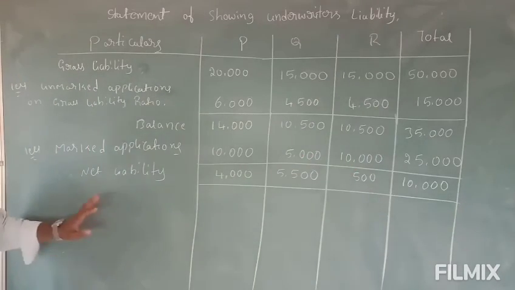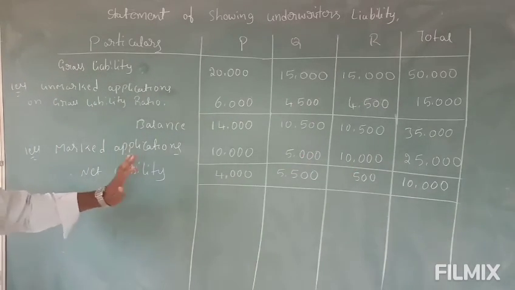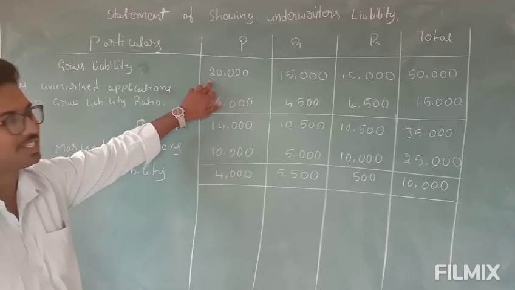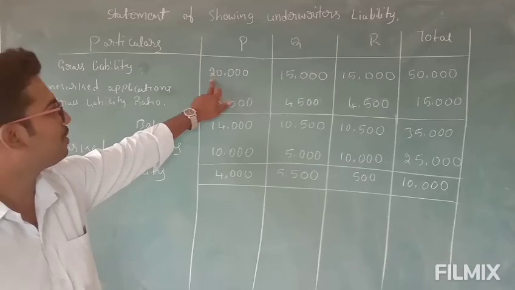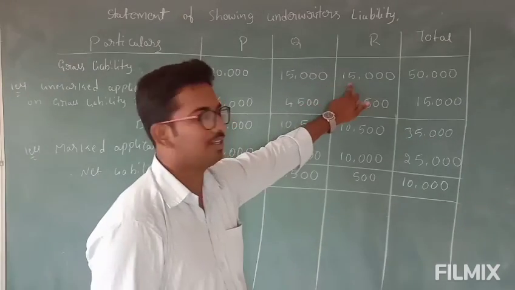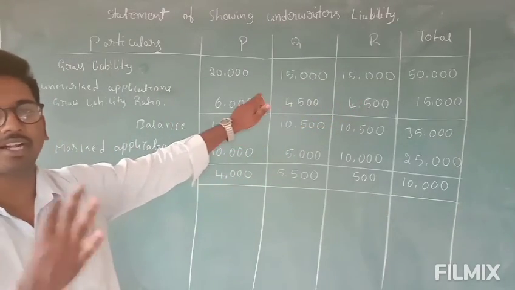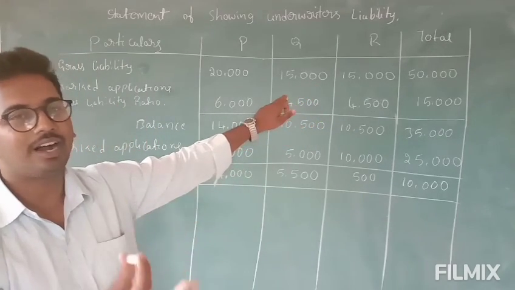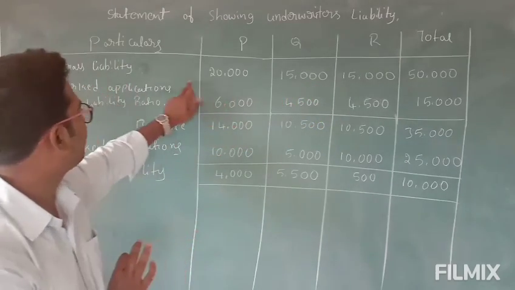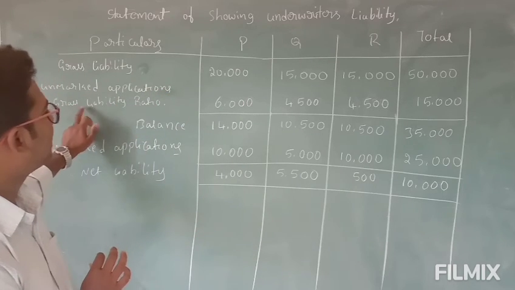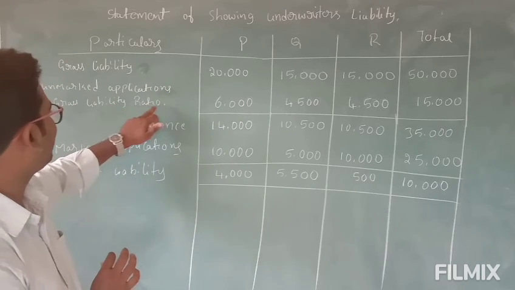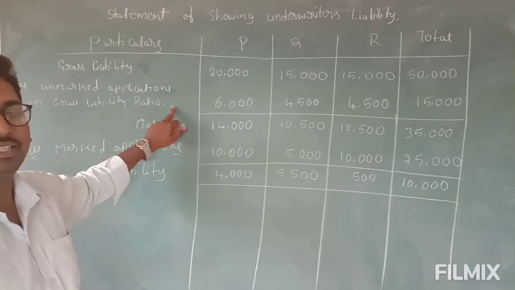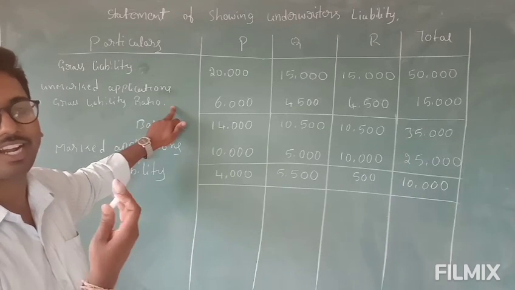So from an examination point of view, they'll ask in a simple manner. So we have to find the gross liability from the total shares issued. The question will be given. So we take our ratio and first find out the gross liability. Before that you should confirm whether it is complete underwriting or partial underwriting by balancing the issued shares and allotted shares. So from the gross liability, less unmarked applications in the ratio of gross liability ratio.